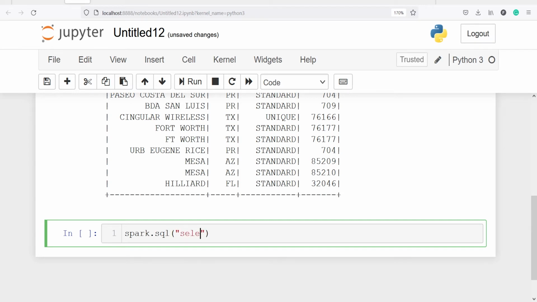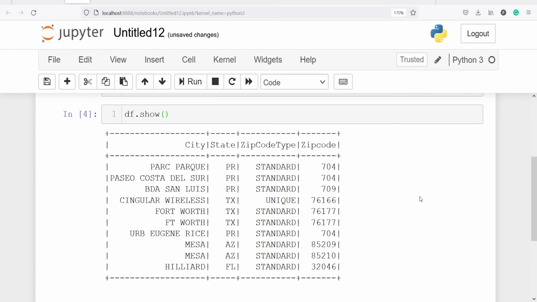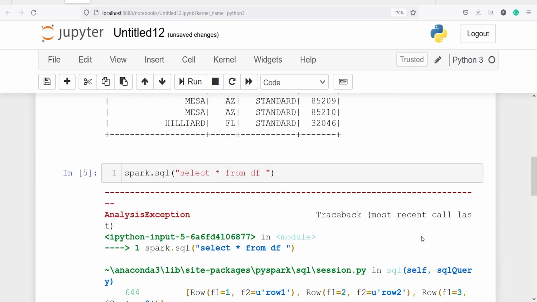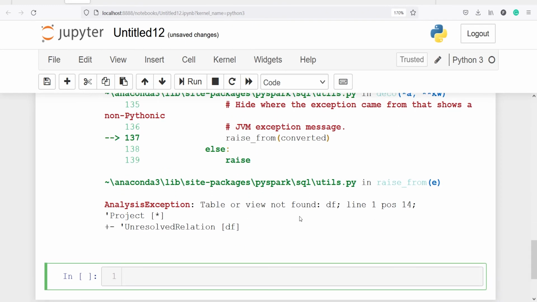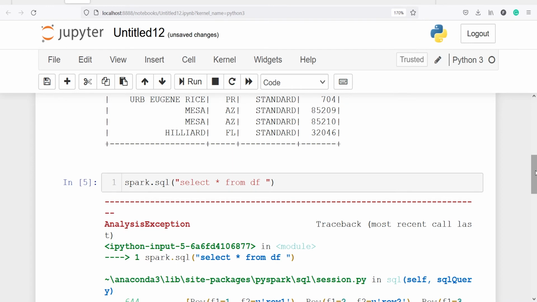For example, select * from df. So I am saying that I want to see this data frame, that is why df. Now if I execute this code I'll get an error, and you can see here I got an error. The error says that table or view not found. So that is why first we need to create a temp view here.